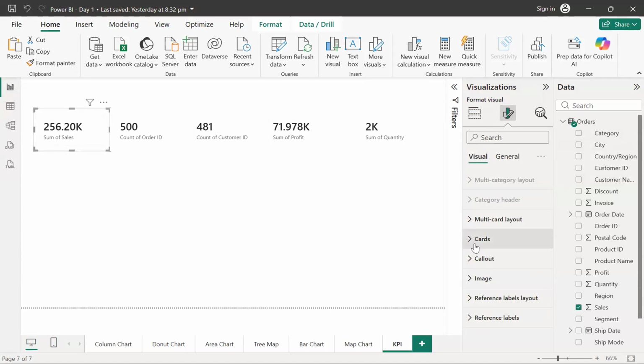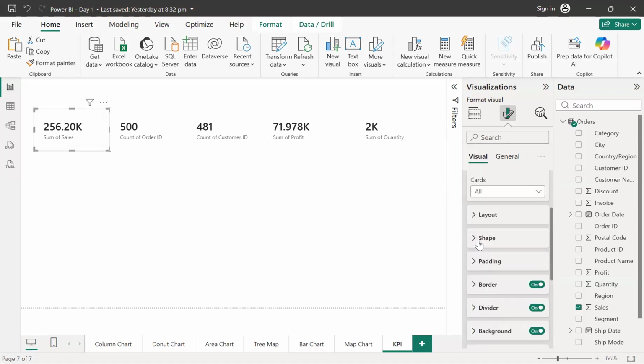We are getting the sum of sales at the bottom, which we probably don't require. Here we have the category header, but it is off, because this is a different kind of card. Okay, one second.